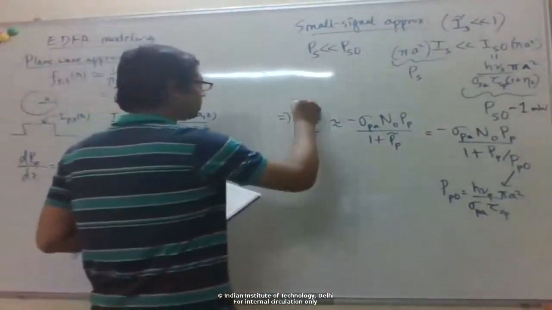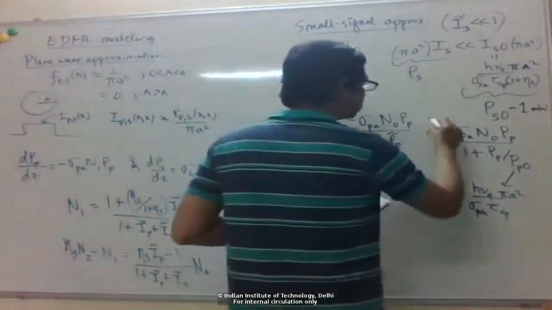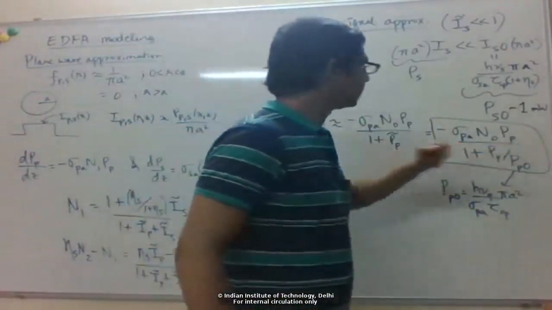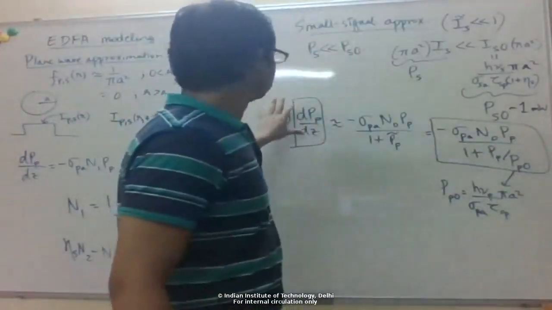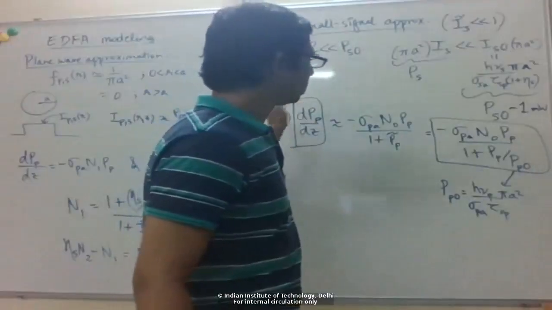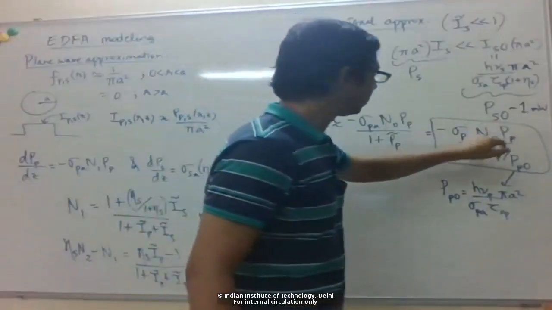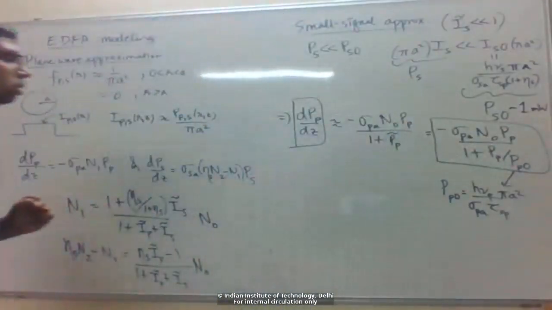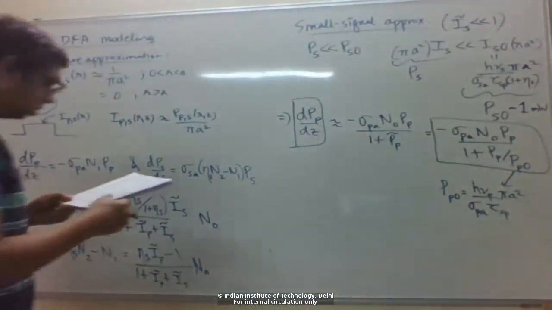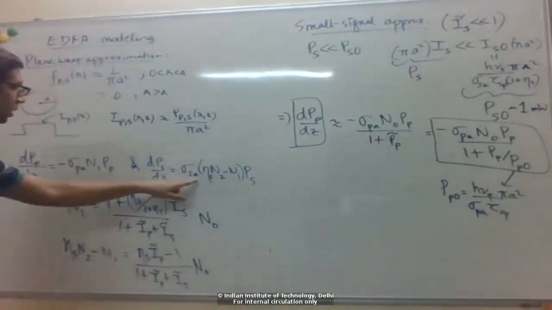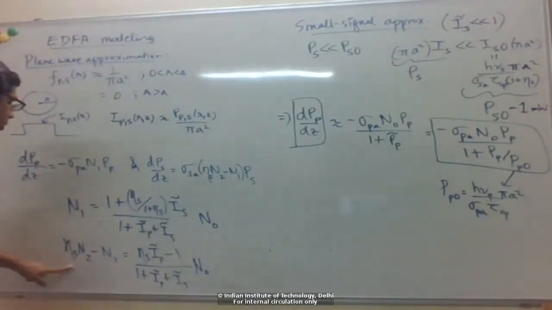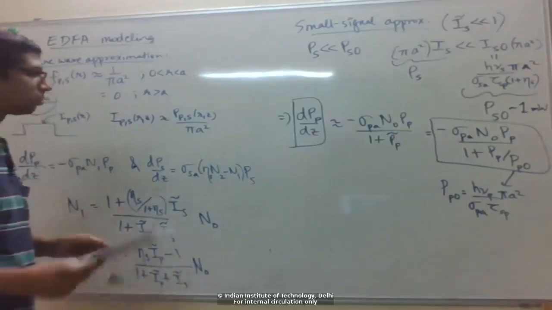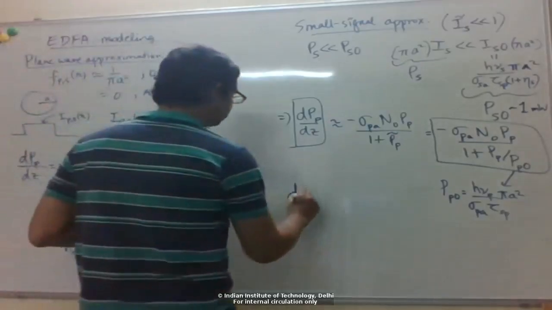So this is the equation for the pump. It just depends on the pump. In the small signal approximation, the pump power propagation just depends on itself. It doesn't depend on signal power. And then again for the signal, in this expression eta N2 minus N1, we'll neglect IS. So this becomes